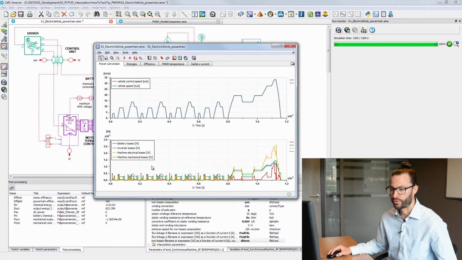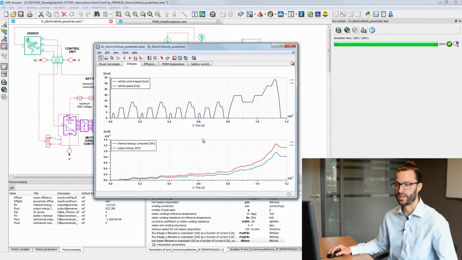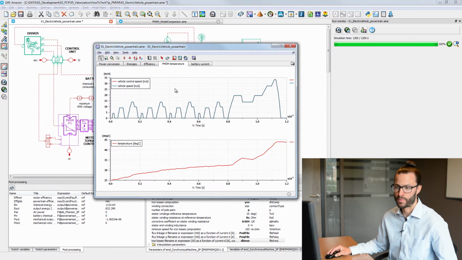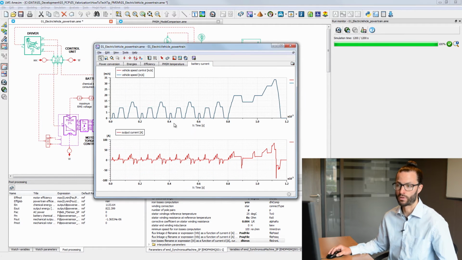We can observe the various losses in the system, so battery, inverter, machine electrical and mechanical losses, as well as the energy conversion from the battery to the wheel, but also machine temperature assessment or the battery current load.